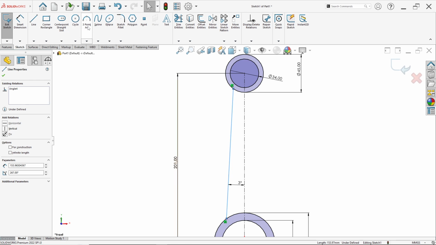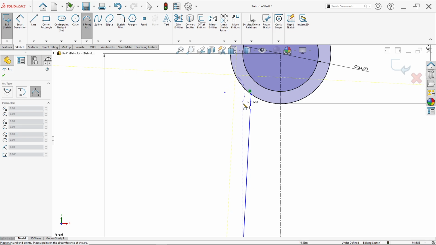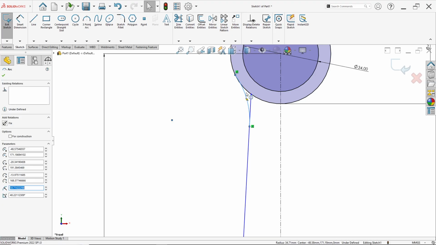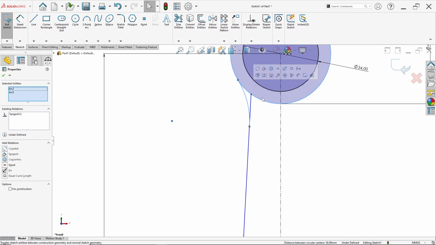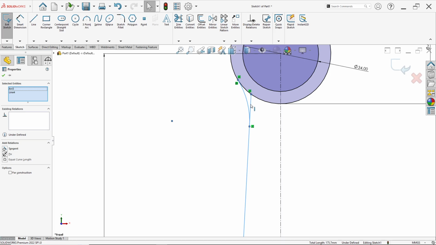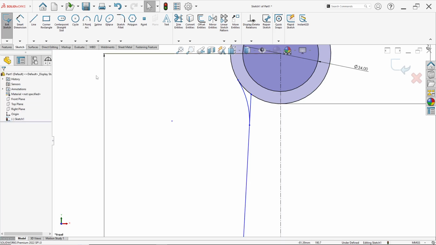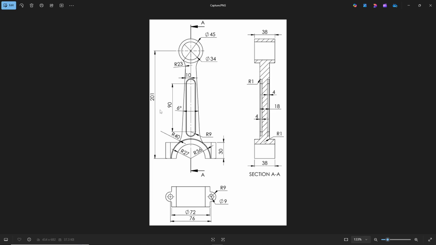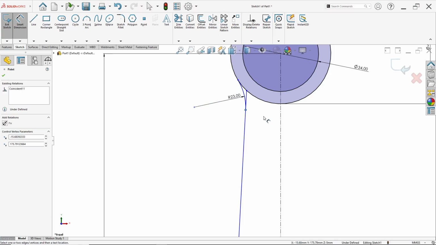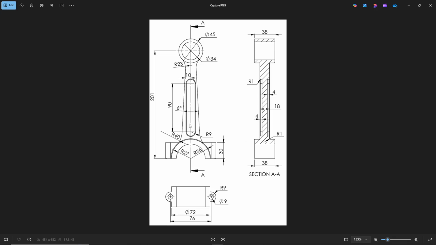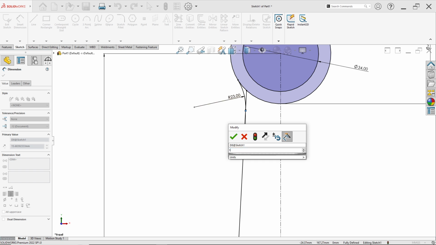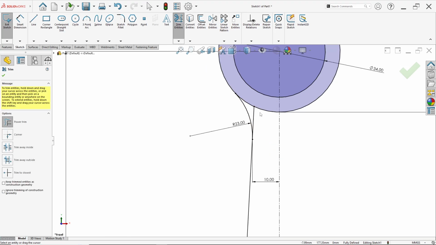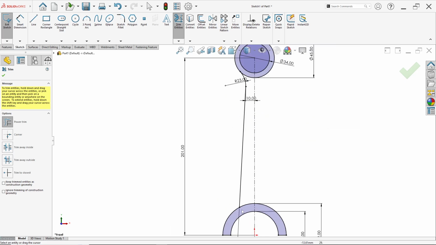So you can select the 3-point arc here and draw from this circle to this line like this. Ensure this arc, press Ctrl and click the circle, click make tangent, then click this arc and this line, hold Ctrl and click make tangent. And here set the radius to 23. Here, the distance from this point to this center line is 10 millimeters, so input a distance of 10 millimeters like this. We can trim entities this line. Okay.